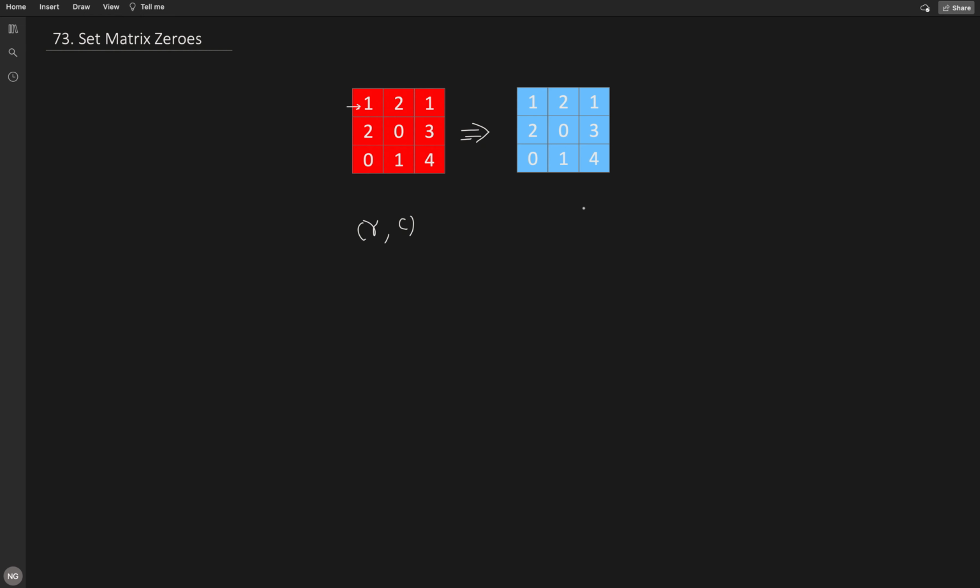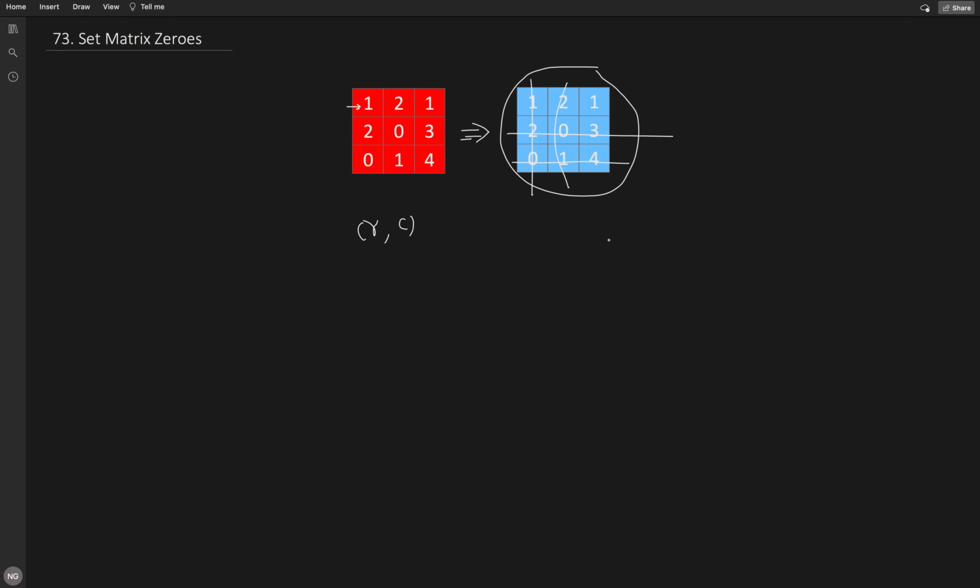We update that row and column by passing the temporary matrix into it. So first we will encounter this 0, and we update all the entries in this row and this column to 0. Similarly we will encounter another 0 over here, and we update all the entries in this row and this column to 0.